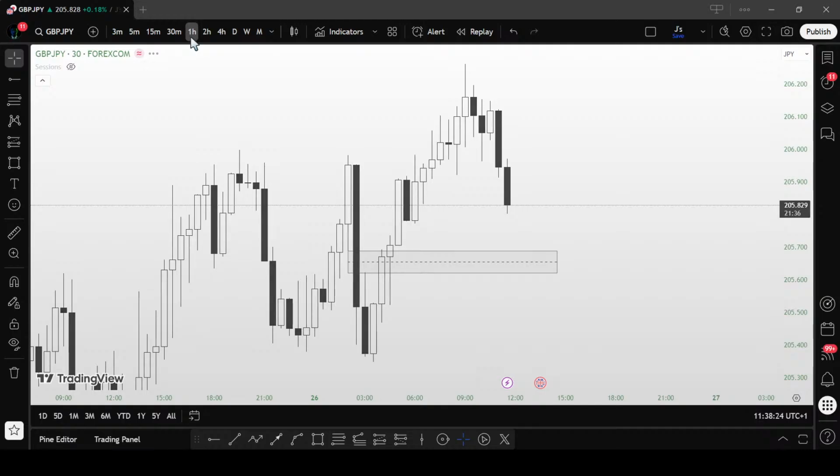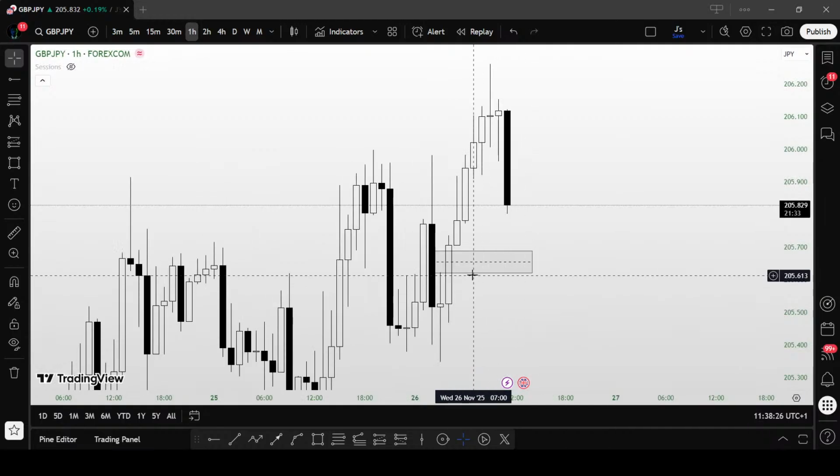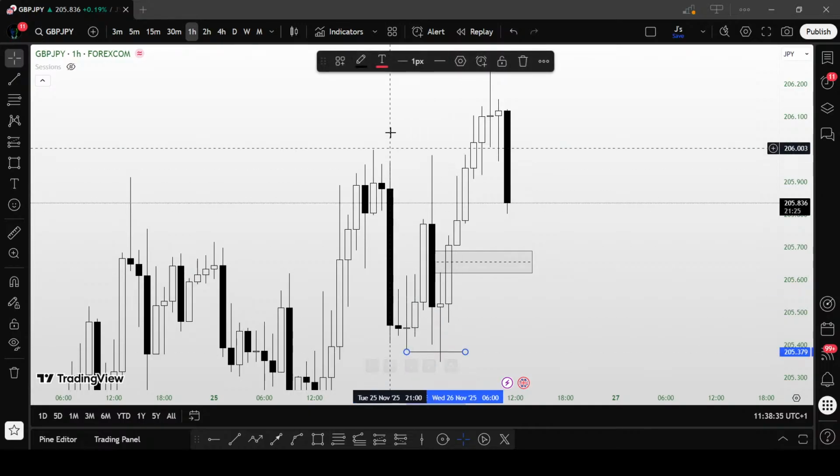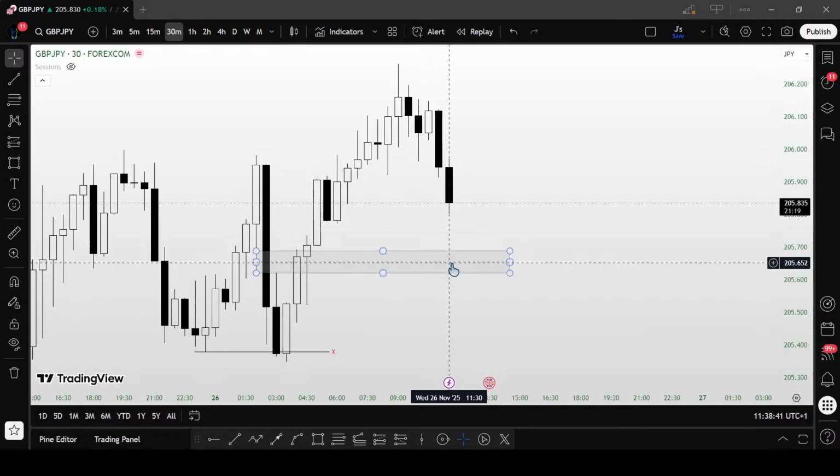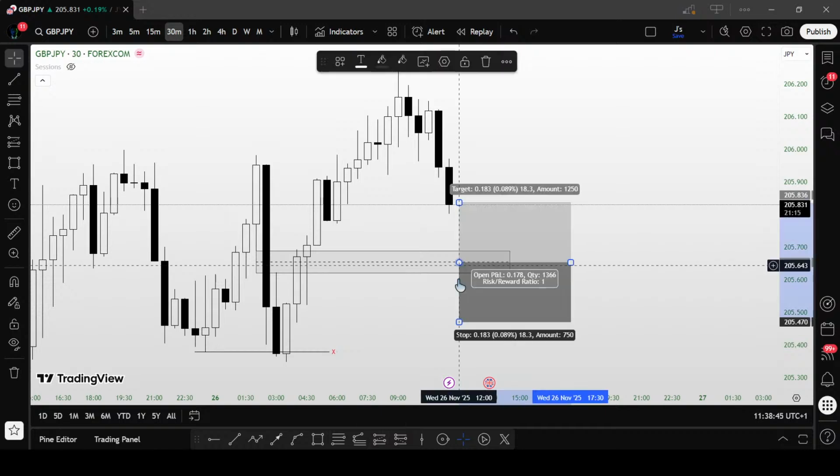Let's check the 1 hour time frame. It actually goes with the fair value gap that we have here, so I believe that POI is pretty good. So this here we have is a sweep. Price comes back down, touches the 50% of this thing here, and moves up from there. So this is the down play here.